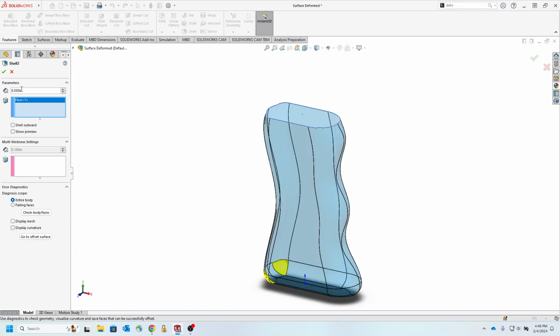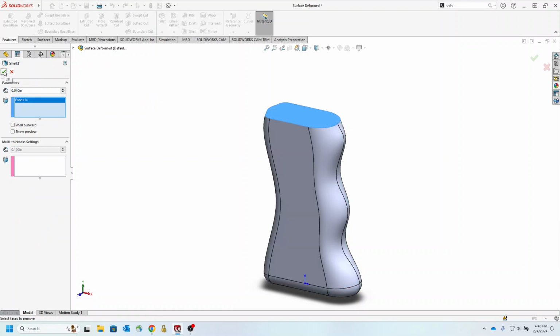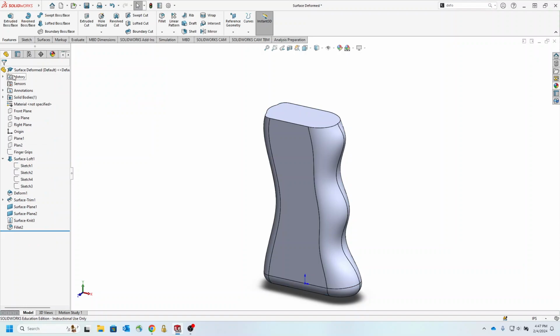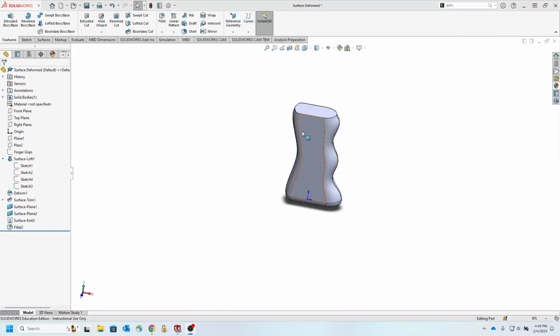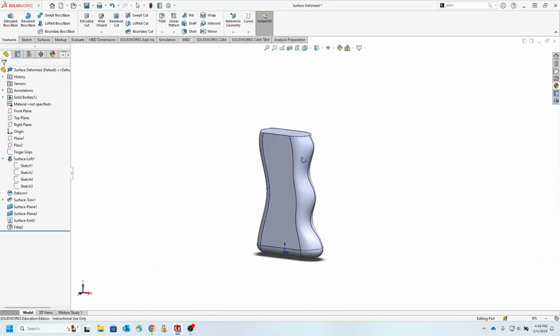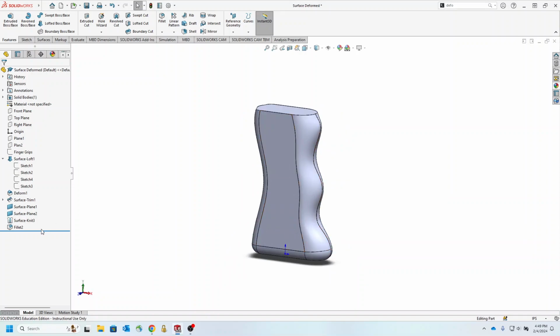Okay, sounds like this 50 mil is a lot. Let's make it 40 mil to see if this can resolve it. Nope, it's not going to help. Okay, so the shell gives us some trouble. I think there is a solution for that. We have to shell it